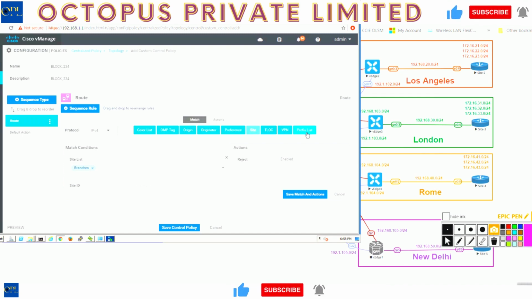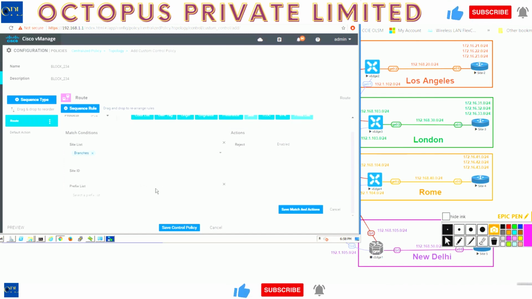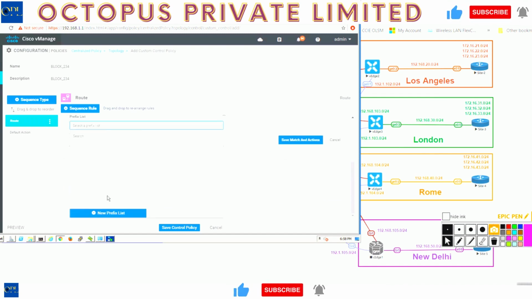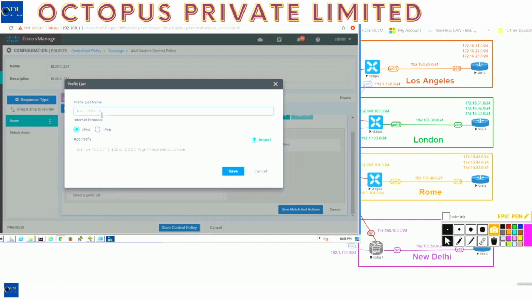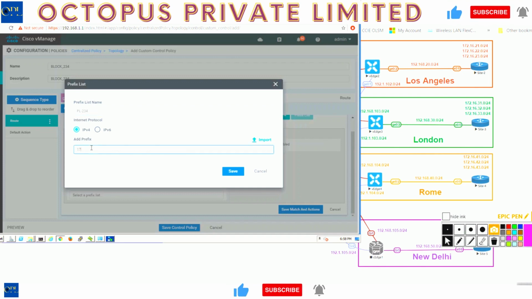Prefix list means this particular route. What route? I didn't create any route. So over here, I could have called the prefix list if I had created it, or you can say new prefix right on the fly. So over here, I'll say prefix list for 234. In here, I'm going to put a normal prefix list the way you would do it on a router,